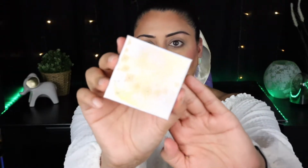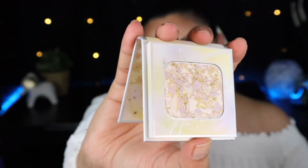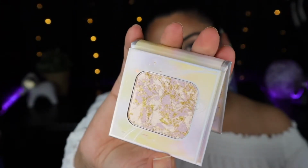So the next one is the highlighter, and I got it in Veil of Future, which is a kind of purpley gold one. So here's what it looks like. The marble on these are stunning. It's so beautiful. And the way they were showing how they're made, it's such a cool way that they make products that I was just so in awe